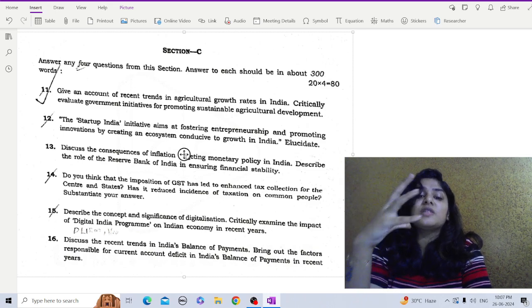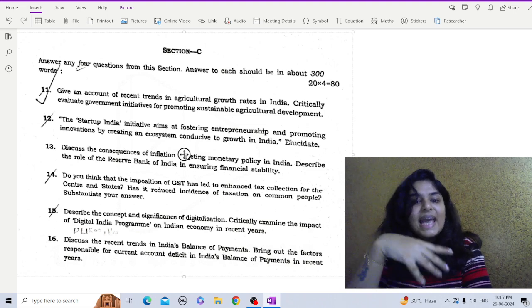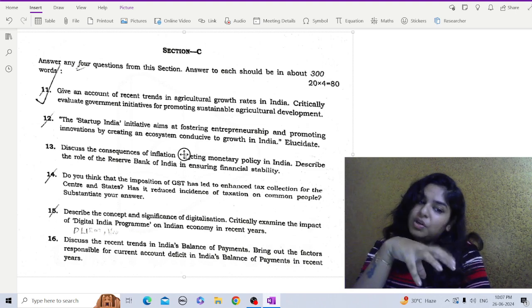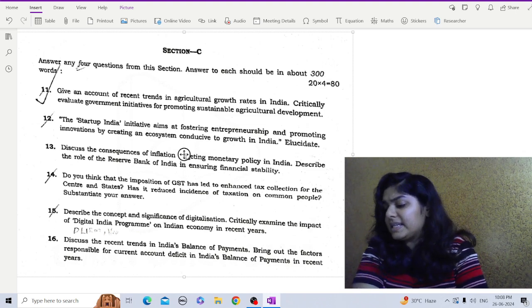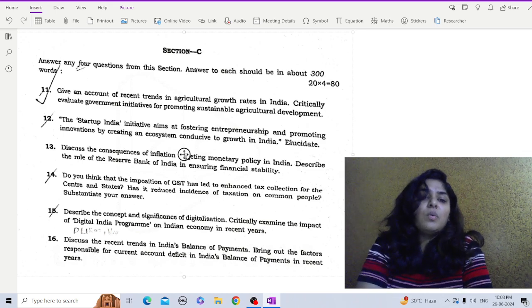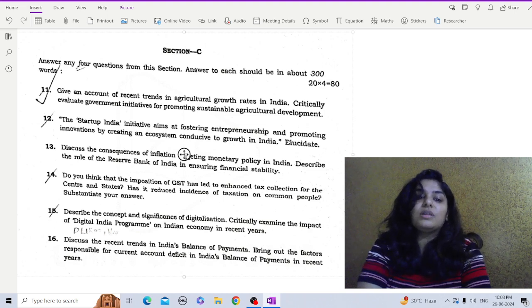Yes, the GST Council has periodically revised rates to ensure the burden on common people is minimized, exemplifying its intent to balance revenue needs with public welfare. So in conclusion, while GST has enhanced tax collection for the center and state, its impact on the common people's tax incidence is more nuanced, right? Reflecting both reductions and increases depending on the specific goods and services consumed.